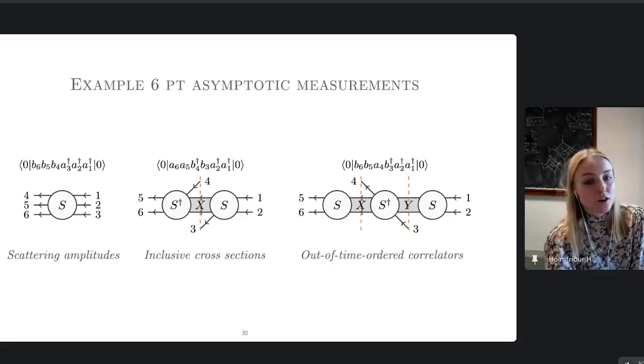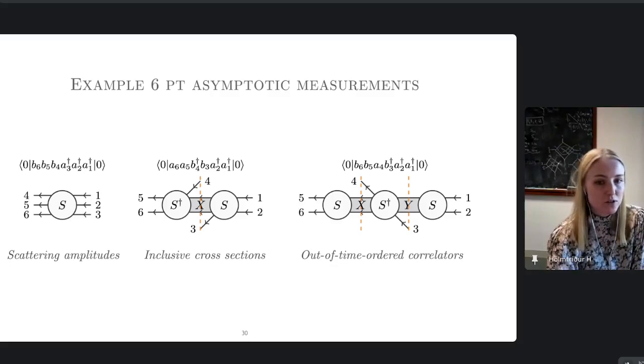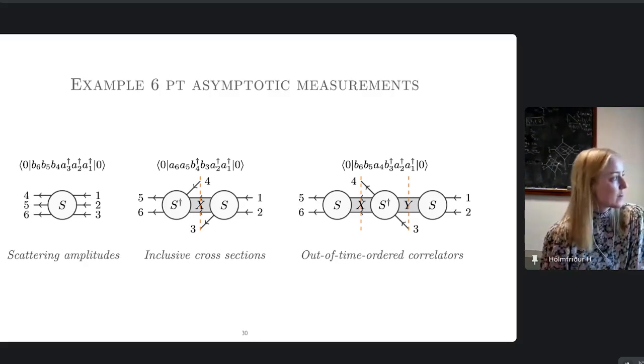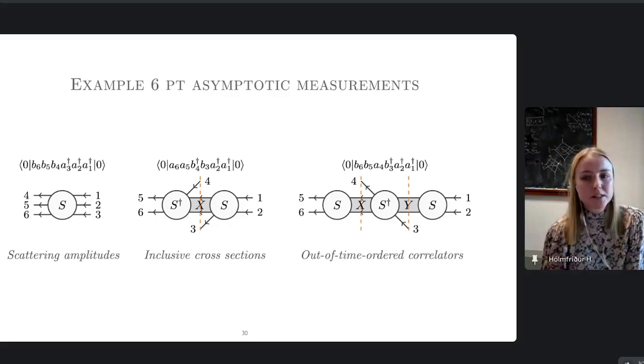Yeah, so then we would start putting in some operators here at infinity, right? We would, for example, put in some momentum operator here or some measurement operator. But here we're kind of classifying the observables that can be written down using measurements in the past and the future, if that makes sense.